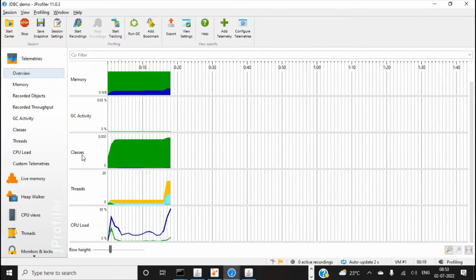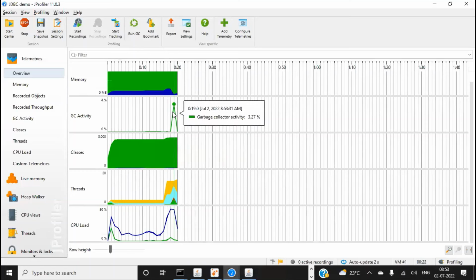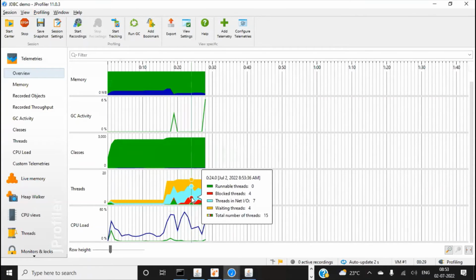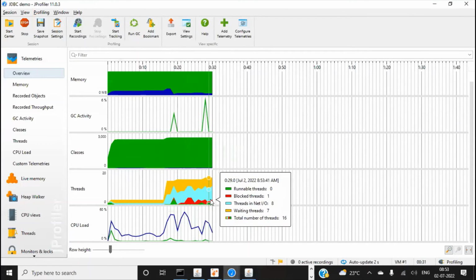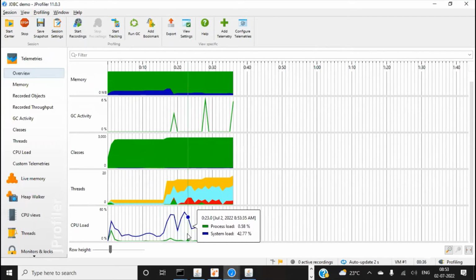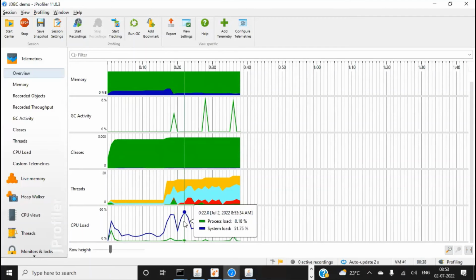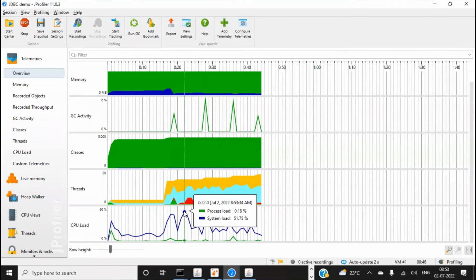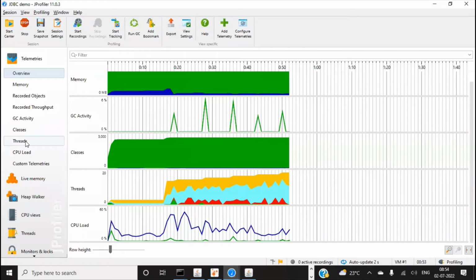Now, if you see here, whenever a GC is happening, there is memory that got freed up. Then you have threads that are waiting, that are blocked. You can see all of that. You can also see the CPU load. One is process load and one is system load. If you see the system load, it has gone so high at some point of time, approximately 47.66. Then you see another spike of 51.75. So if you see all of that, now in the threads part,